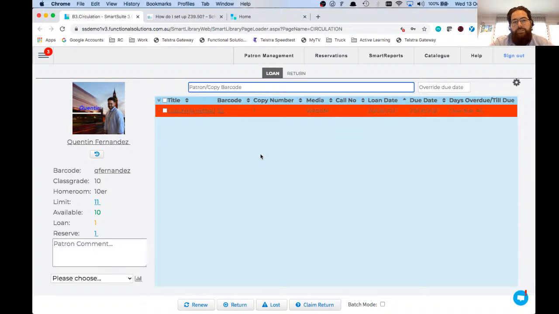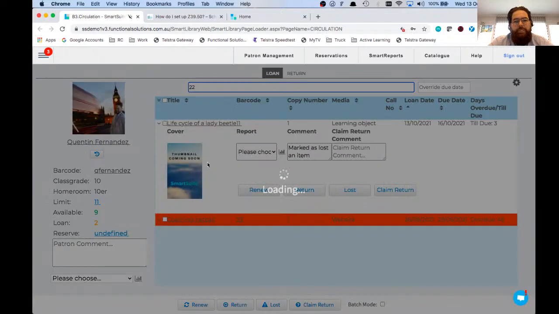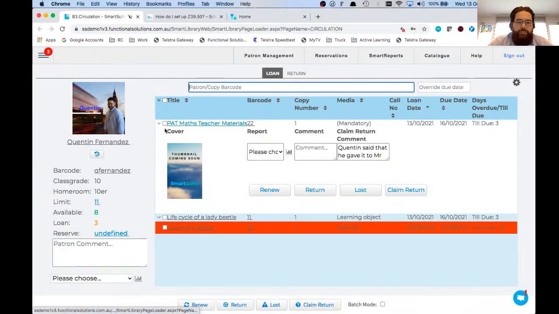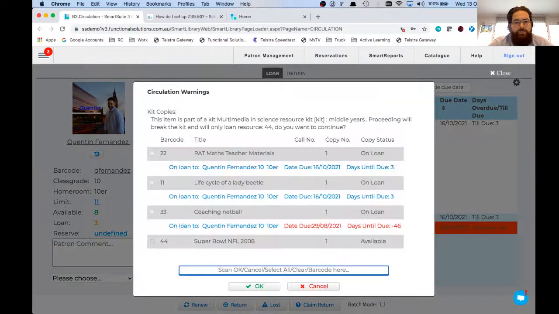In this particular circumstance, Quentin also has a white color. If we now want to borrow books, because Quentin's pretty good, we're not going to worry too much about this overdue. Here I have an expanded view of the last book that has been circulated, so that if you do get distracted and you come back, you can see which of the resources on the screen was the last circulated. So if I now go and scan a different barcode,